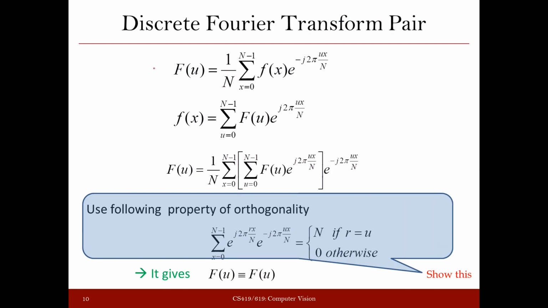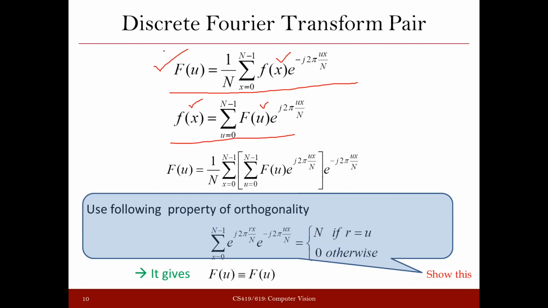So you have F(u) expressed like this. This is a simple formula of the discrete Fourier transform for a given function f(x). Now let's say the inverse Fourier transform is defined like this, where f(x) is equal to this, where again you are using the same F(u) that you had in the previous case.